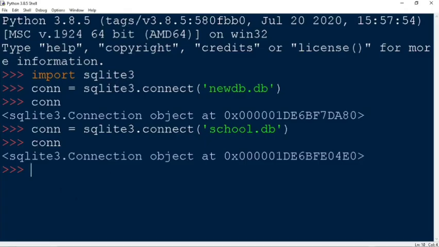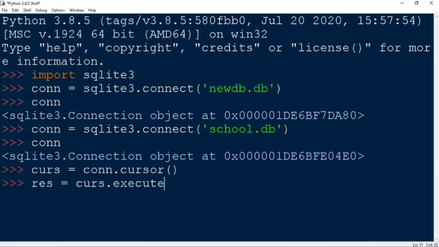So if you want to execute any statement, you have to create a cursor. So for that you write cursor is equal to connection.cursor, and then if you want to execute the statement, you have to write cursor.execute. And now I'll just display all the tables within this